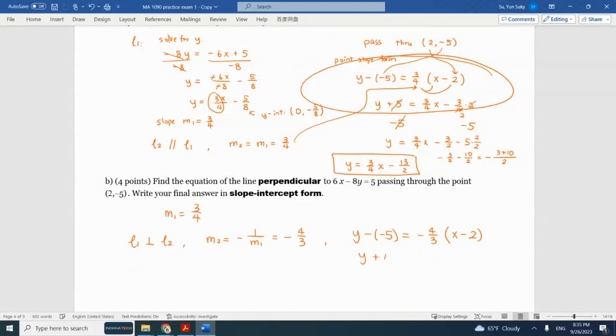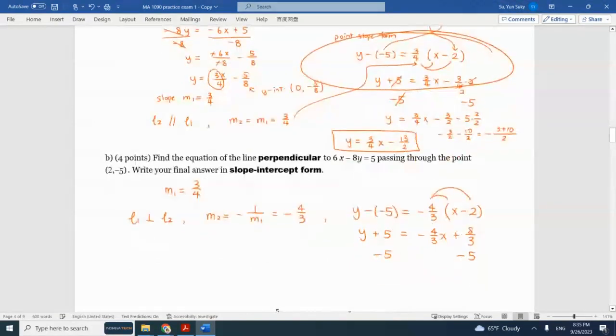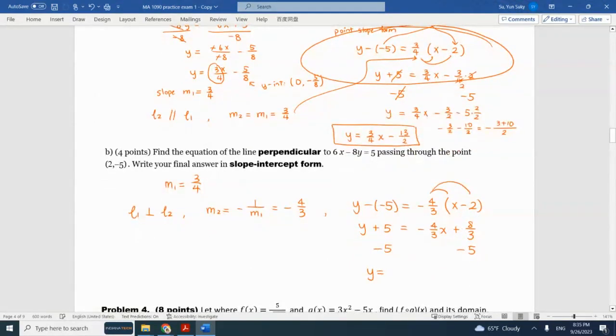Minus -5 becomes plus 5. And then we distribute. So -4 times x, negative becomes positive, 4 times 2 is 8. Right? And we want to solve for y. So we subtract 5 on both sides. We get y equals